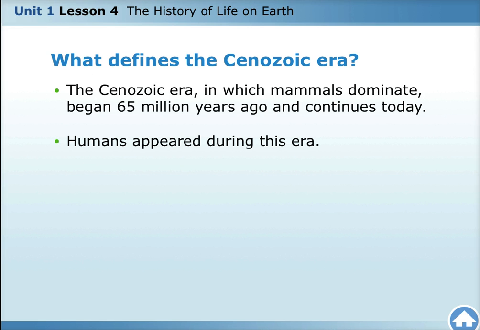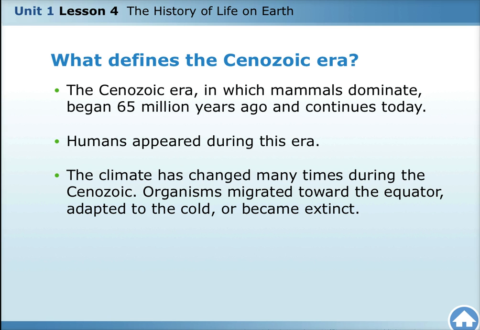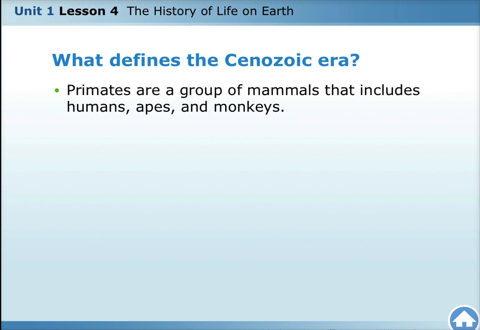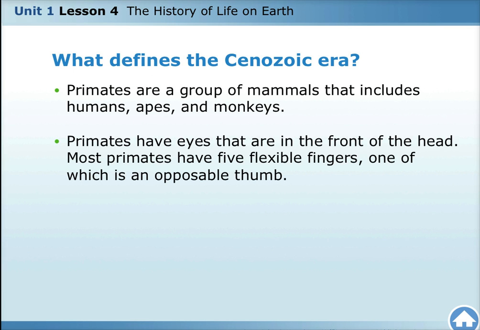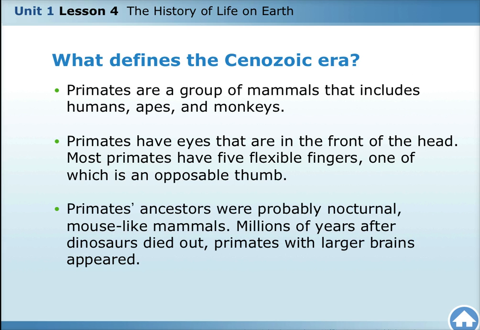Humans appeared during this era. The climate has changed many times during the Cenozoic. Organisms migrated toward the equator, adapted to the cold, or became extinct. Primates are a group of mammals that includes humans, apes, and monkeys. Primates have eyes that are in the front of their head. Most primates have 5 flexible fingers. One of them is an opposable thumb. Primates' ancestors were probably nocturnal, mouse-like mammals. Millions of years after dinosaurs died out, primates with larger brains